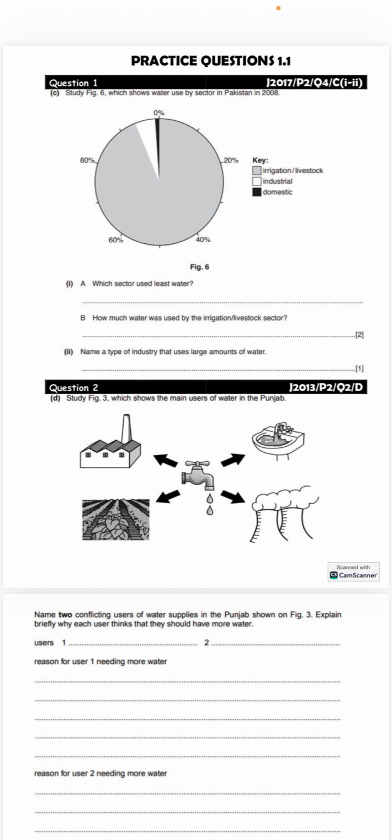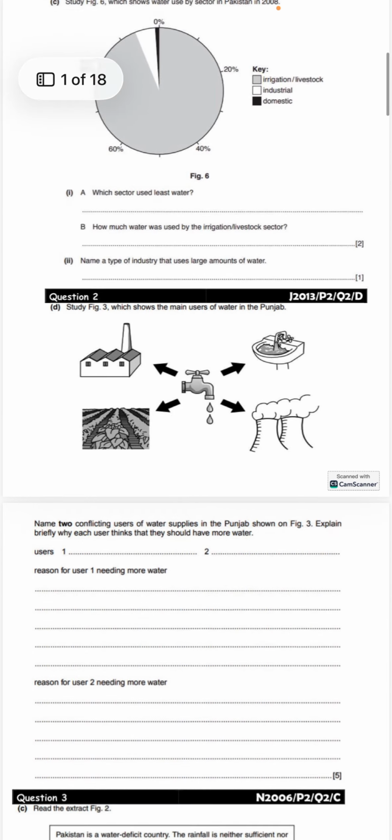Name a type of industry that uses a large amount of water. There are several industries which use a large quantity of water, right? If you are writing about the beverage industry or the farming industry, it's up to you. You just need to write one type of industry. It could be textile, chemical, pharmaceutical, hydel, paper, tourism, fish farms, any industry, whichever you like, for just 1 mark. There is no need to exaggerate it, there is no need for any description at all. All right, students. Proceeding to the next question.